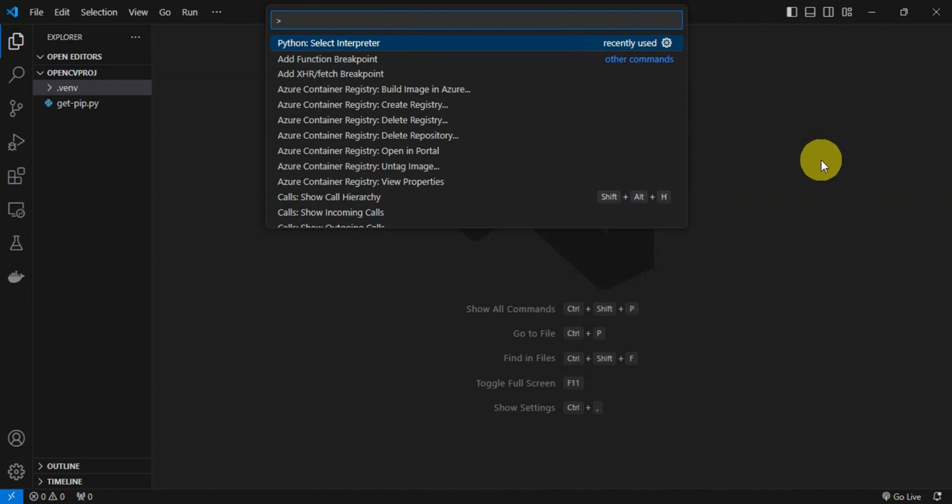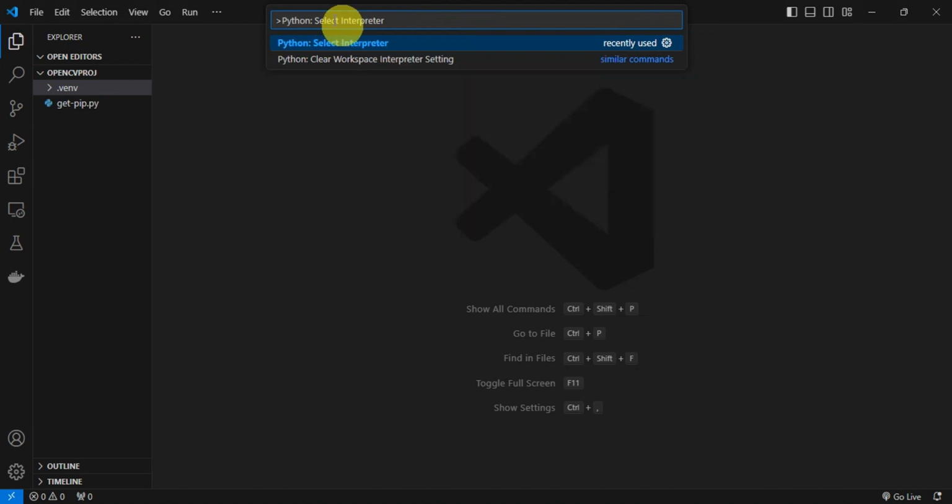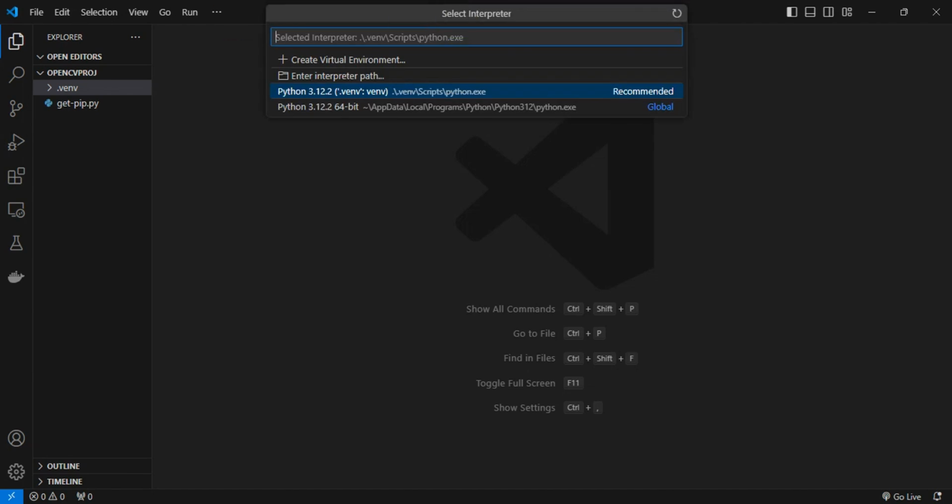So once this one is already open, you need to search for Python select interpreter in the command. And you could just simply search this Python select interpreter. So once you have that already, you'll just need to press enter. And then right after, once you see Python select interpreter in the drop down list and you press enter,